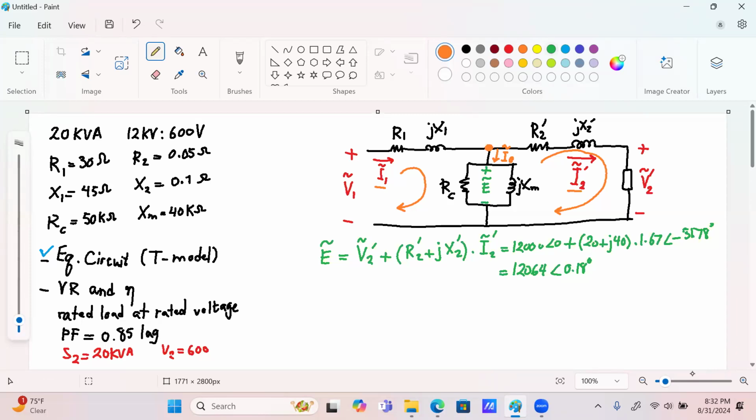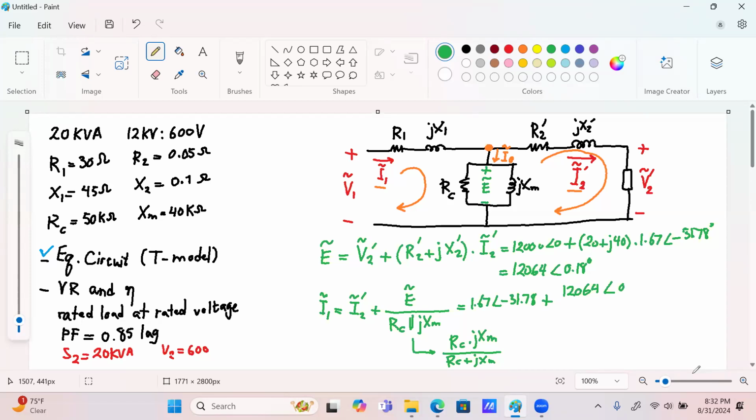find I of E. What I can do is combine everything together and say I1 tilde equals I2 prime tilde plus E tilde divided by R of C parallel with jX of M. And of course, you remember this can be calculated as RC times jX of M divided by RC plus jX of M. So what I have is I2 prime, which is 1.67 with angle negative 31.78, plus